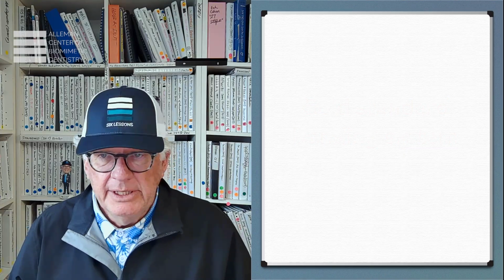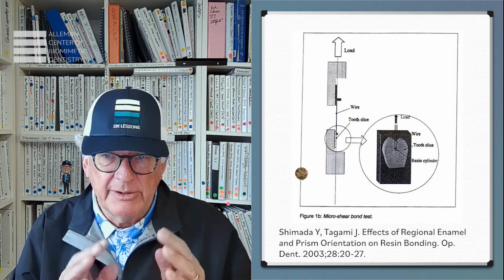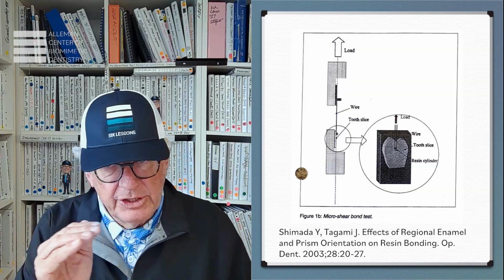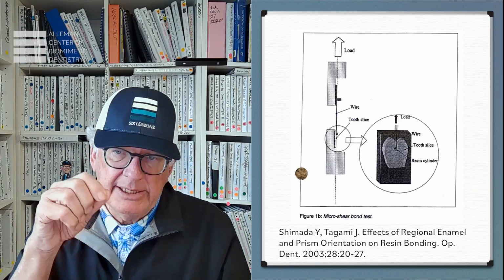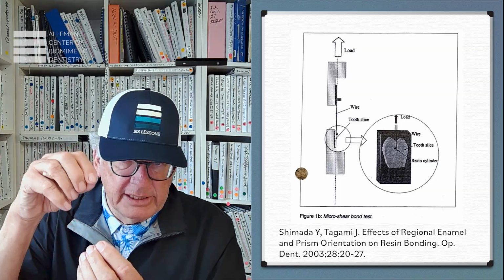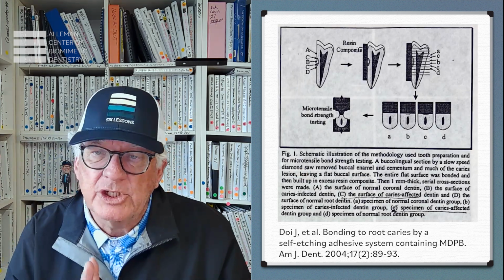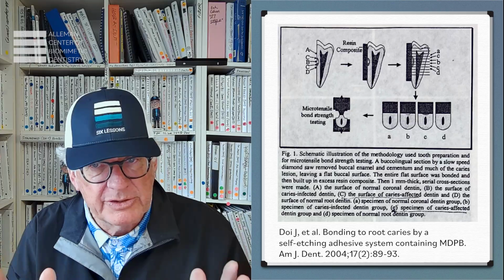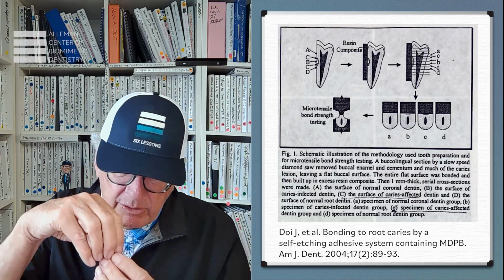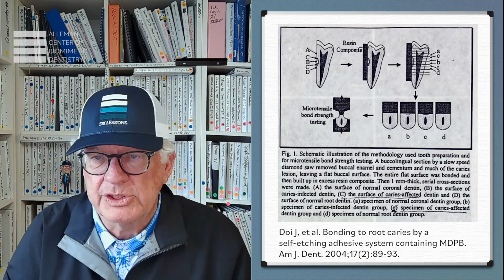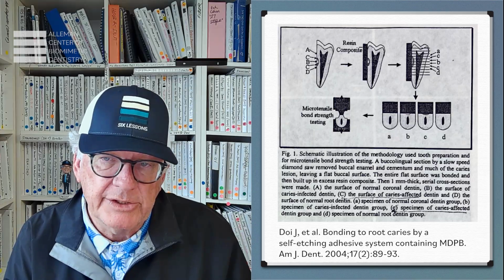How does that happen? Well, they first use a test. There are several types of tests: a shear test and a tensile test, a microtensile test where you're pulling the composite off of the bonding system, and that's the gold standard test. There are other tests that are more sophisticated, but this microtensile bond test is the gold standard. But the real gold standard above the in vitro test, which is that shear test, that microtensile shear test, is